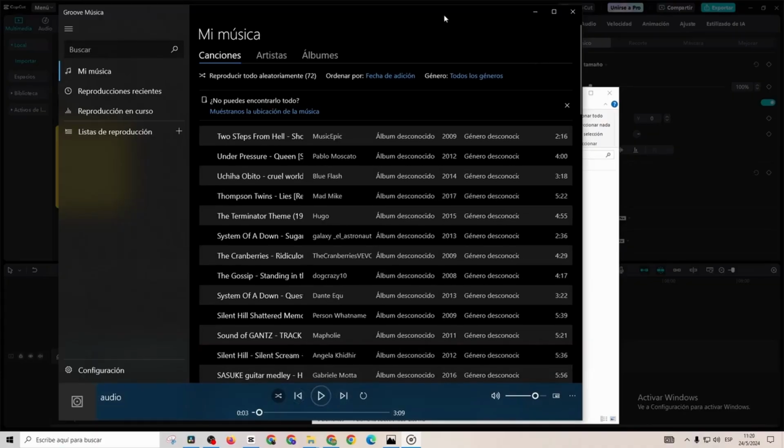And as you can see, it opened with the music player, meaning the audio came out as it should, as